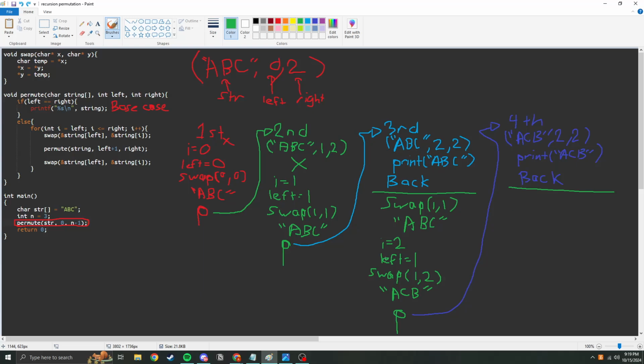So we have I equals 2 and left equals 1. Now we're going to swap, which is essentially reversing. So we're going to swap 1 and 2, which makes ACB back to ABC. Okay, so now, since we still have I equals 2 and left equals 1,